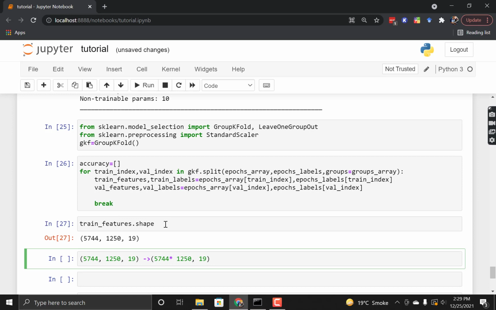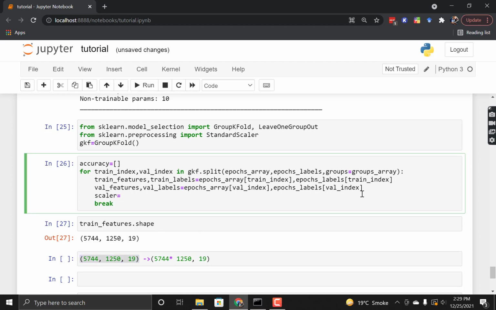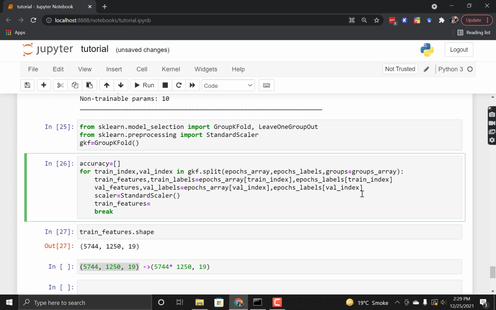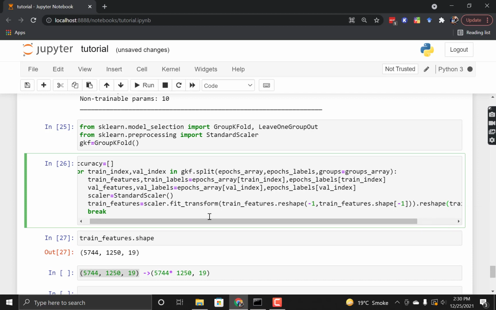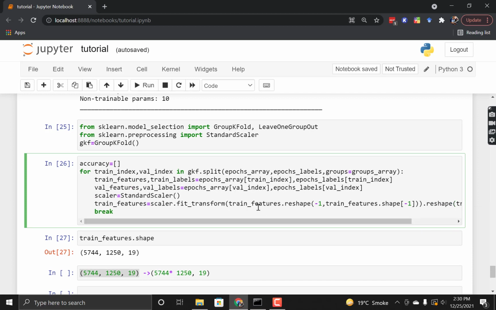After the scaling is complete, I will reshape the data back to its original shape, which is like this. This is how I reshape the data and then reshape it back.